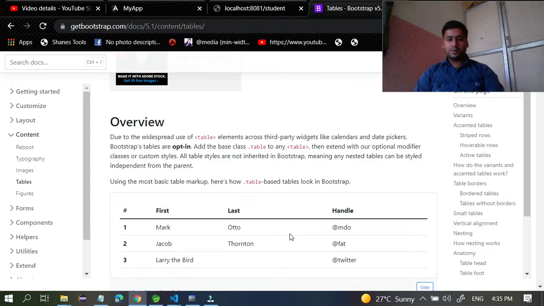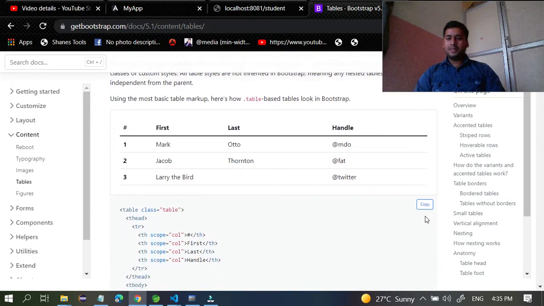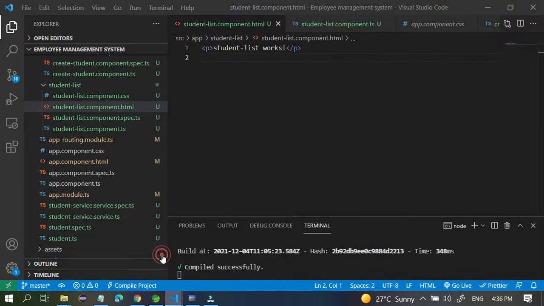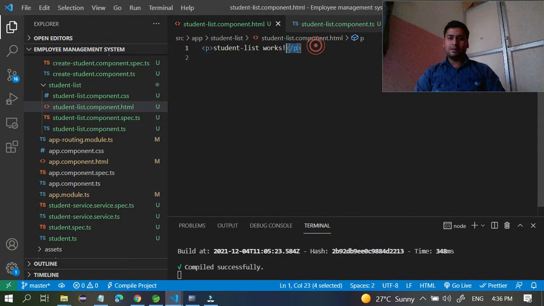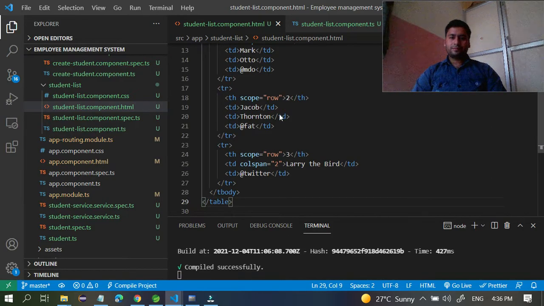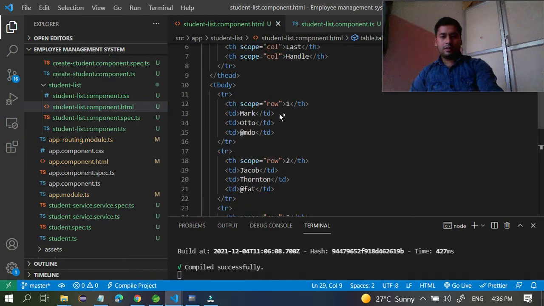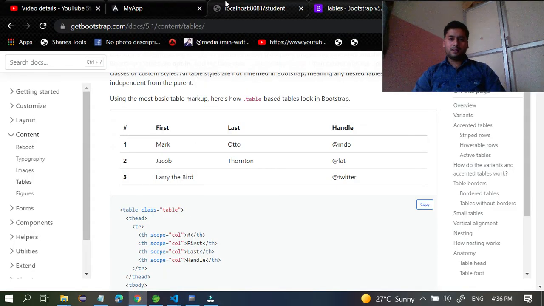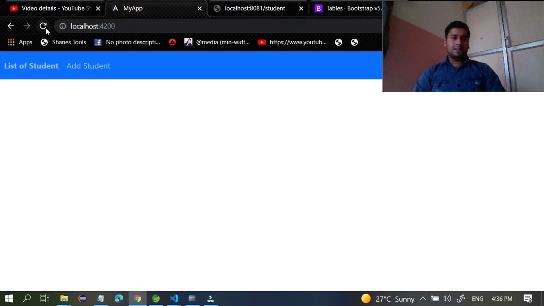It gives some source code. Copy this source code. You don't want to do anything else, just copy this source code. Go to your application, paste it inside this application, and go to the browser. That's it. Refresh your application.